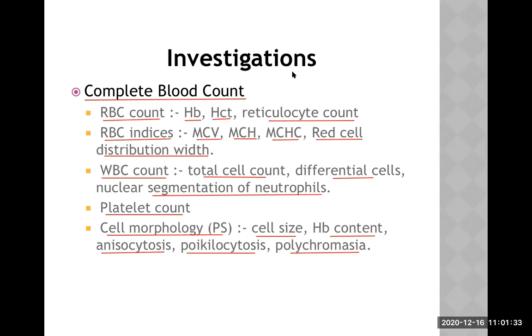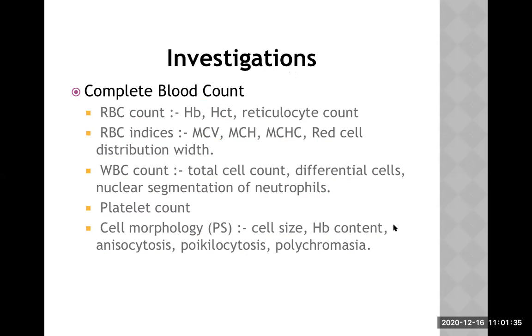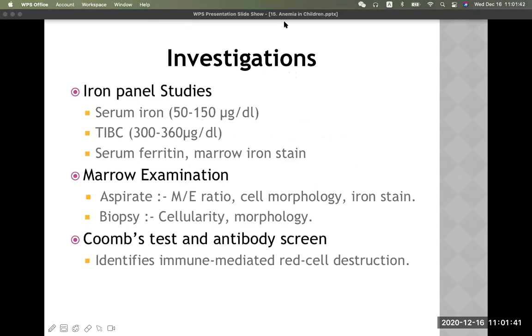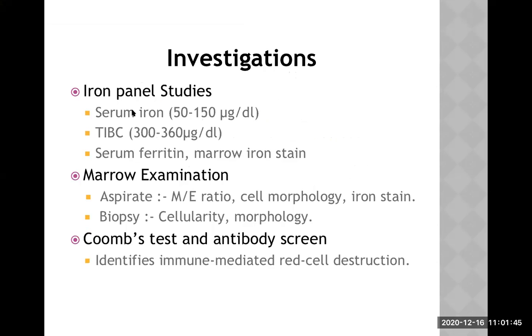Let's move on. Now, another important investigation is iron panel study. Please pay attention. This is a very important concept. Iron panel study comprises three things: serum iron, TIBC, and serum ferritin. You can also go for marrow iron stain, but that is not commonly done because